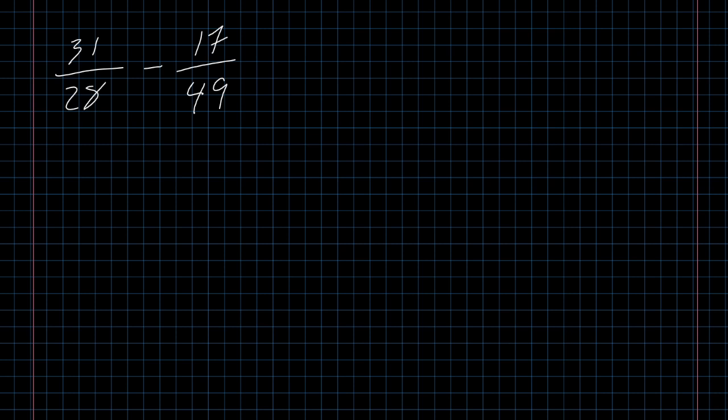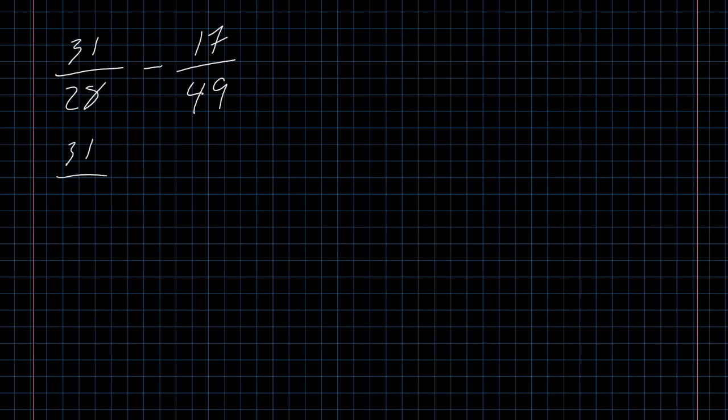There's not an obvious common denominator here because most people are not familiar with the multiples of 28 or the multiples of 49. So a trick that you have certainly learned at some point in the past, although it's probably been quite a while since you've thought about it,